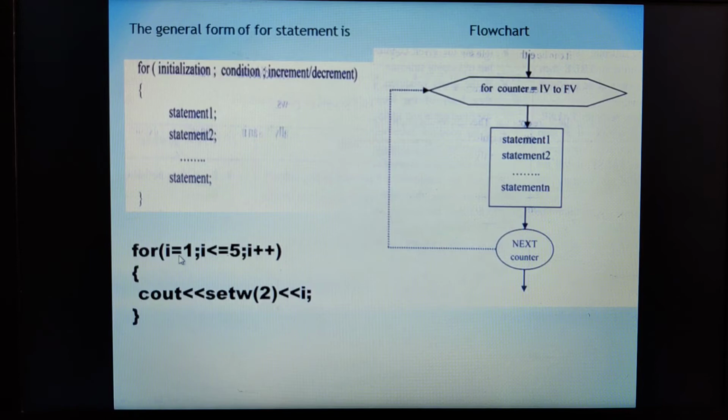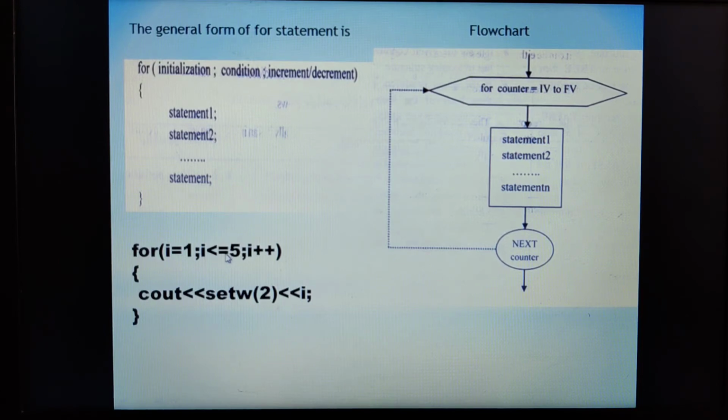Therefore, I can say that it is an initialization statement. So, this initialization consists of an assignment statement. Then the condition. Now this condition can have any relational expression, whether I should be less than or equal to 5 or greater than, we are making use of a relational expression to find out how many times this counter variable has to iterate. Understood? So this condition determines when the loop will exit.